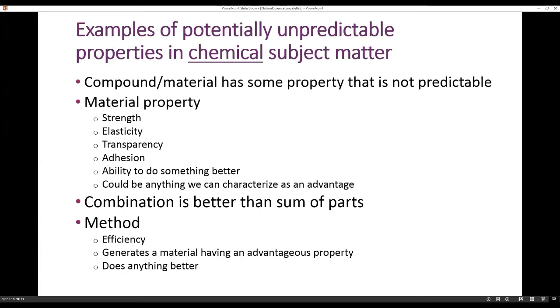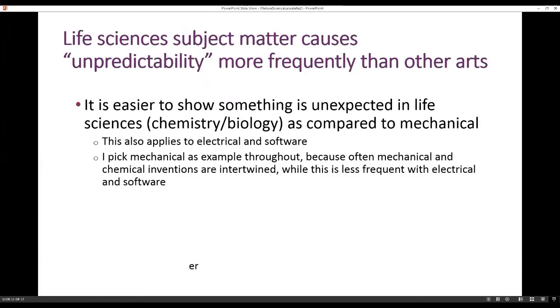So a method of making something can be more efficient, or it can generate a material that's better. It could be purer or require less purification, or can have some advantageous property like superior whiteness, for example. It could do anything better. So what should emerge here as we look at mechanical versus chemical is that it's a lot easier to think